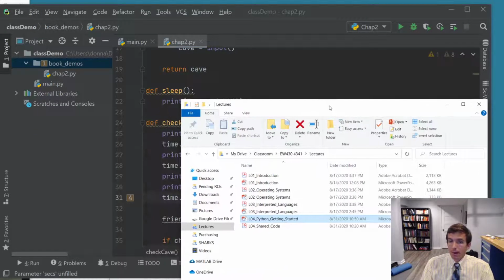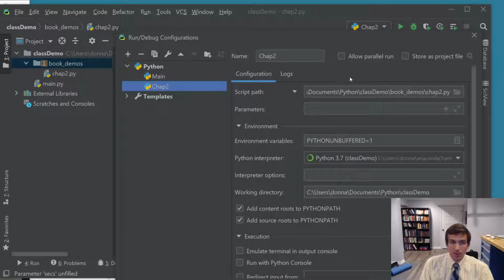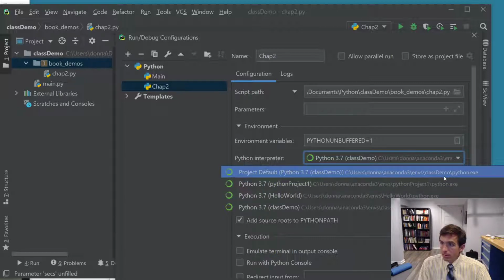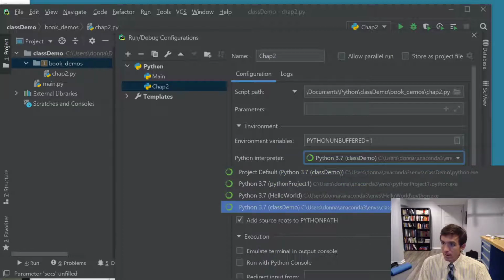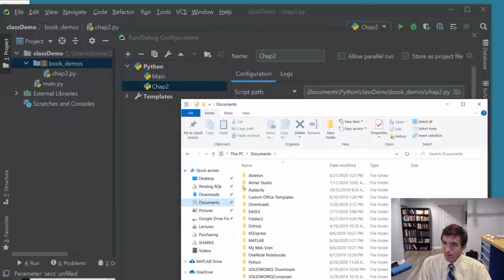Remember the edit configurations here, we looked at this. I stuck it in this Python interpreter, right? Users, Donna, Anaconda, envs, class demo, right? So you can find out that's where all of the libraries are. Let me show you that on mine, and if you'd like to find it on yours, you can do that. Let me try to keep this quick, though. I know you don't want to see this too much, but